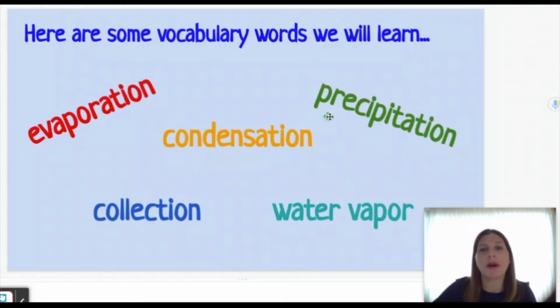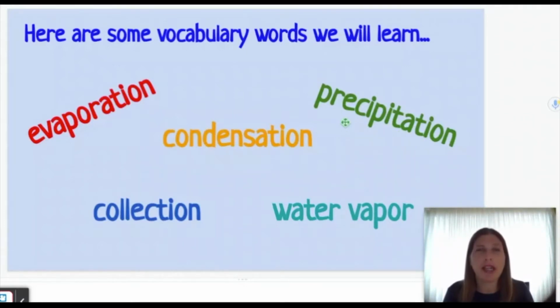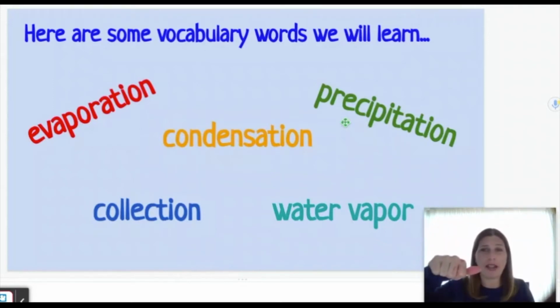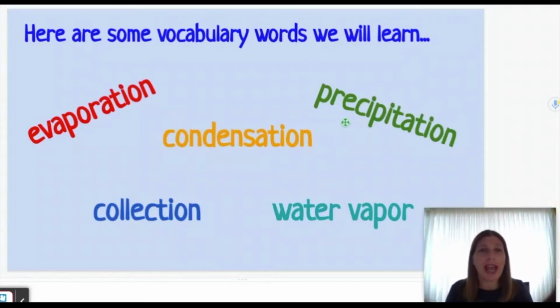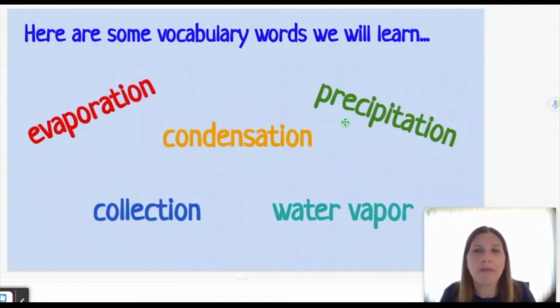Okay, let's move on to our green vocab word. And this word is precipitation. Now, you might have heard of this word if you've ever listened to a weather report or if you've ever watched the Weather Channel. They use this word a lot. So think to yourself, have you ever heard this word or read this word? And do you know the definition? Have you heard the word but don't know the definition? Or you've never heard the word and you don't know the definition? Ooh, most of you have heard this word. Excellent. And a lot of you also know the definition. That will be helpful in our water cycle.